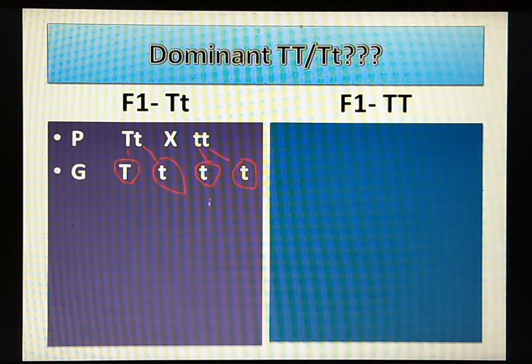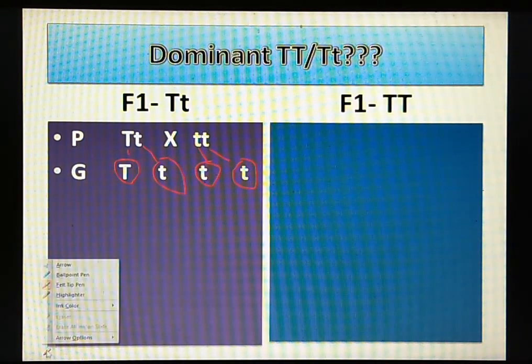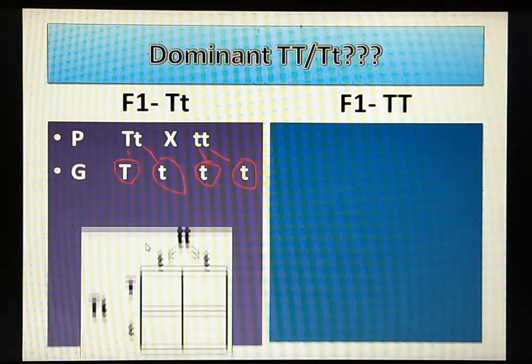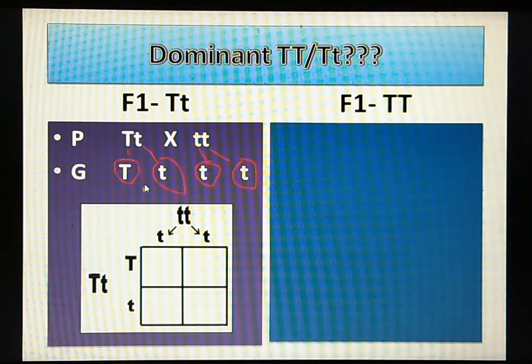So these gametes are from this plant, and the recessive plant would give the gametes small t respectively, right? So after the gamete formation, we will get the Punnett square, wherein there will be the random fusion of these gametes. So we'll see that these are the offsprings that will be obtained after the fusion of these gametes. So what do we see here? Half the number of plants are tall and half the number of plants are dwarf,